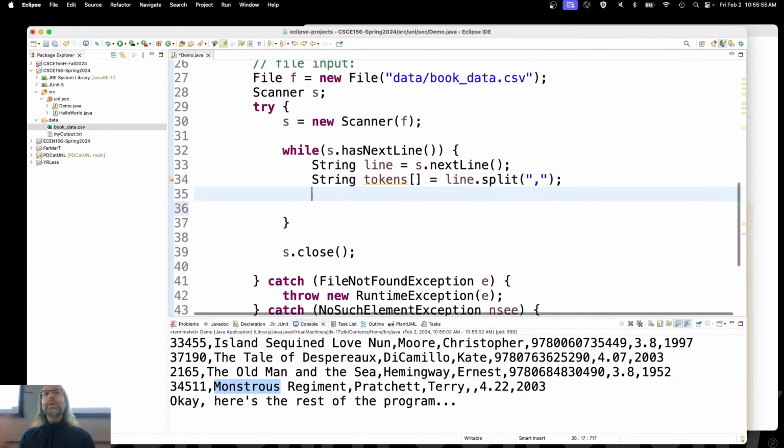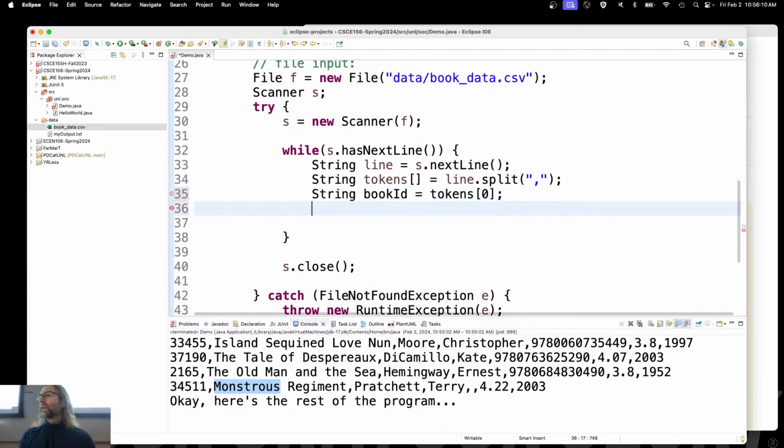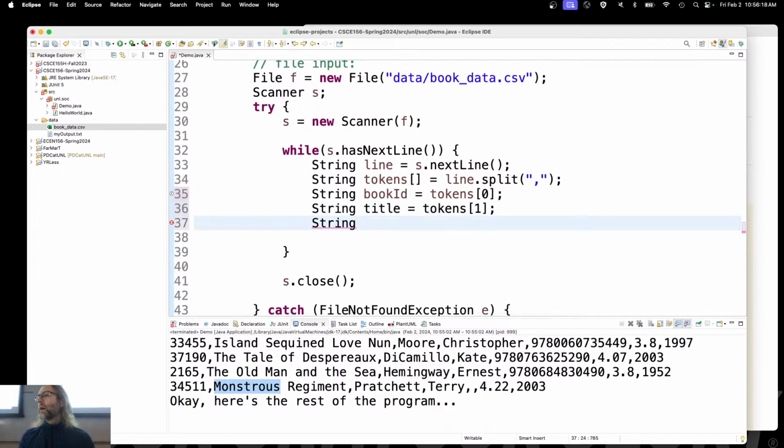Right? Now what you can do is you can start giving them better values. For example, string book ID is equal to tokens sub 0. What's the second token? The title. Tokens sub 1, right? String author first name. Pratchett, last name. Last name is equal to tokens sub